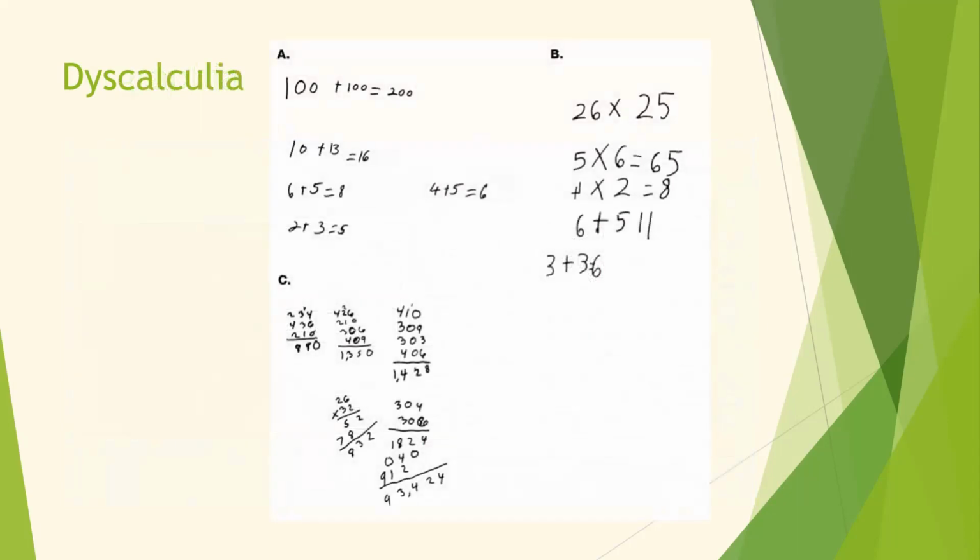Dyscalculia is the impairment of arithmetic skills, including computation and the ability to represent and retrieve basic mathematic facts from long-term memory. There are 4 groups of skills that are poorly achieved, including linguistic skills, understanding the terms in math and converting written problems into algorithms, perceptual skills, understanding symbols and ordering clusters of numbers, understanding, using, and remembering basic add, subtract, multiply, and divide, and attentional skills, which is a skill needed to accurately copy equations and observe the correct use of symbols.